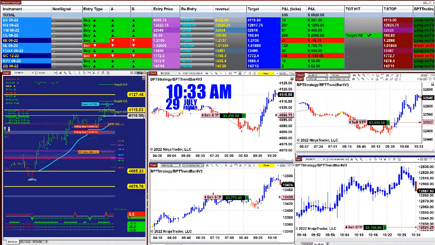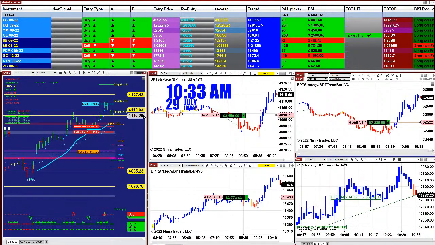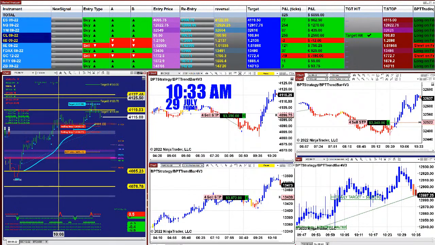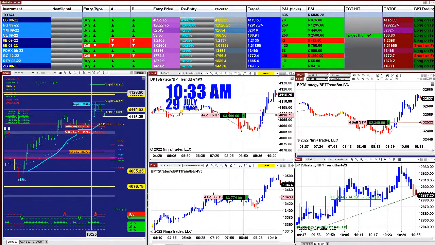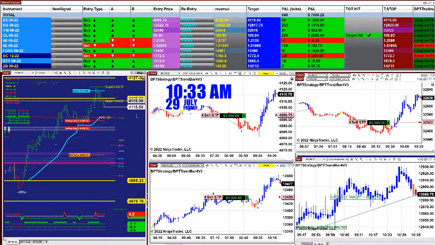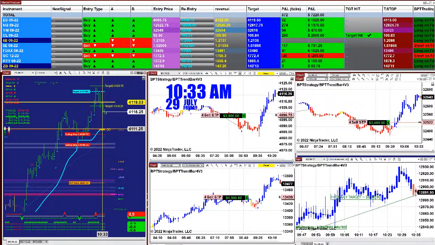As we see here, target 2 has been hit, and profit was taken, 1033. Where is this market going? Again, we called the trade for you on the long, and the market is going to go back again. If the market wants to drop, it will drop to this level, 4111, as a re-entry. You always, despite all the junk, come into the market.